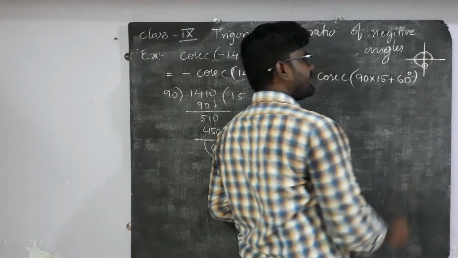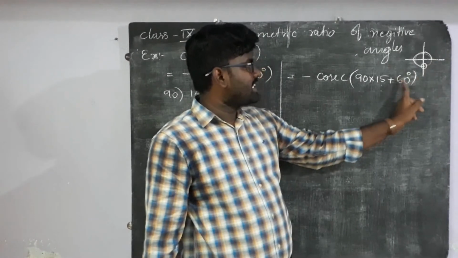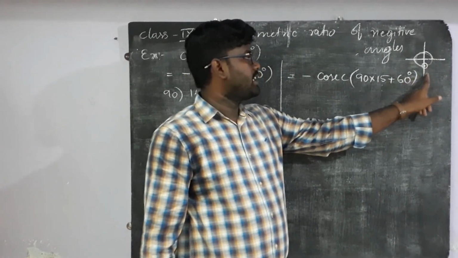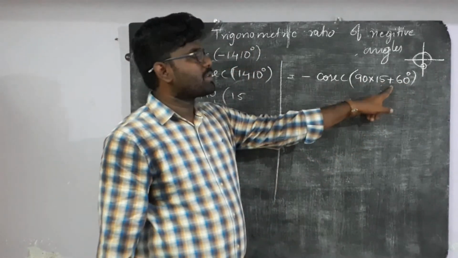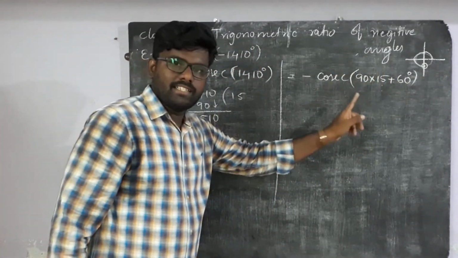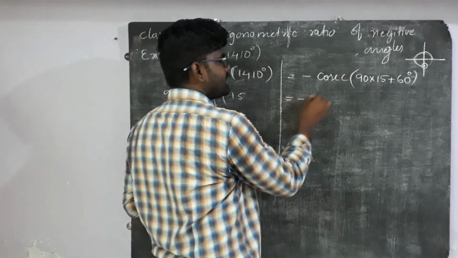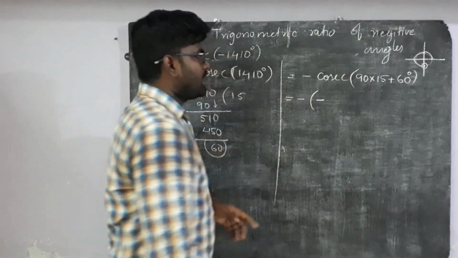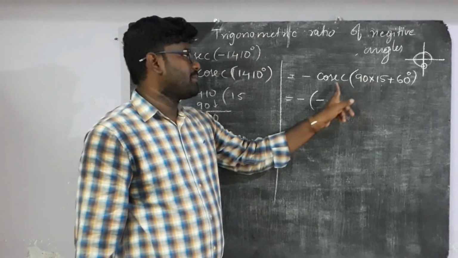Here it is 1590s, and if plus theta is there it means fourth quadrant, if minus theta is there it means third quadrant. Here plus theta is there. Plus theta means fourth quadrant. In the fourth quadrant what are positive? Cos and secant are positive. Cosecant is negative. Then already minus is there. We are getting a negative. Is it even multiple of 90 or odd multiple of 90? Odd multiple of 90. Trigonometric function changes.